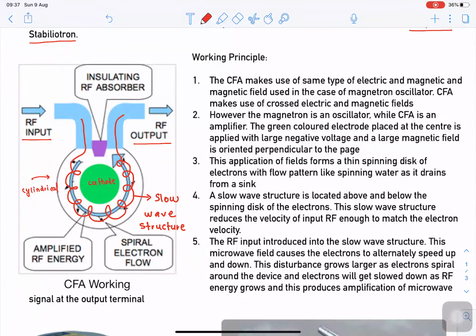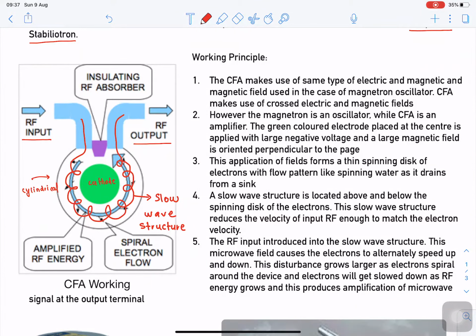We saw in the case of a magnetron, we have the cylindrical anode. At the center, we place the cathode, right? So construction wise, the cross field amplifier, we can say that it is a hybrid combination constructed using the traveling wave tube amplifier, taking its slow wave structure and taking the cylindrical geometry of the magnetron, right? So here this slow wave structure is spirally placed along the periphery of the outer cylinder, and at the center we have this cathode, right?